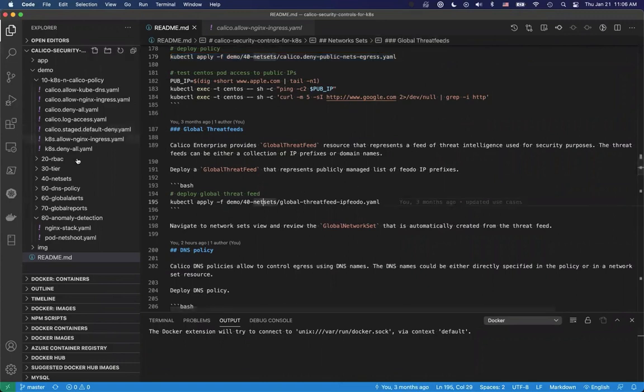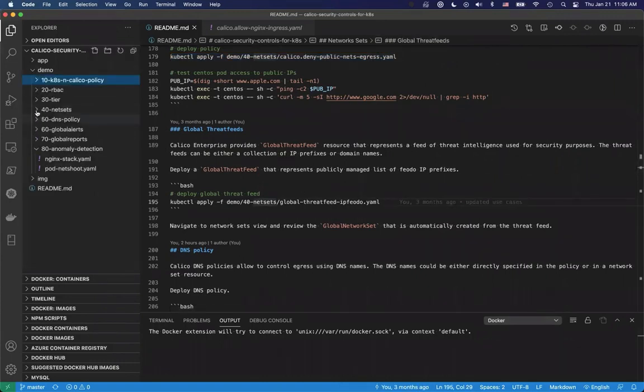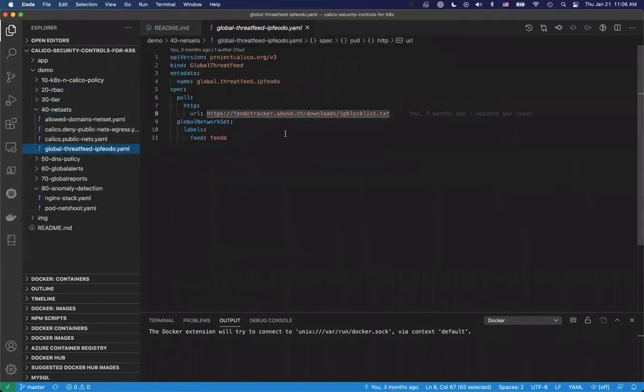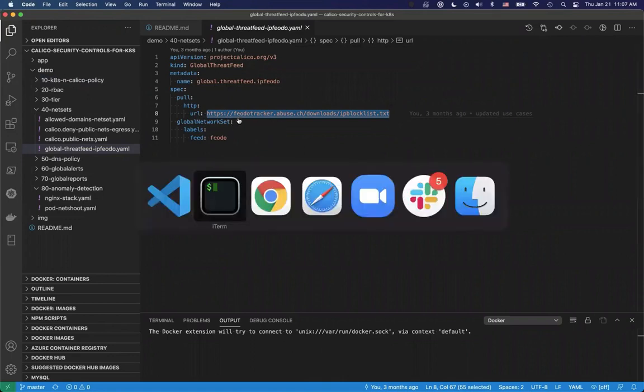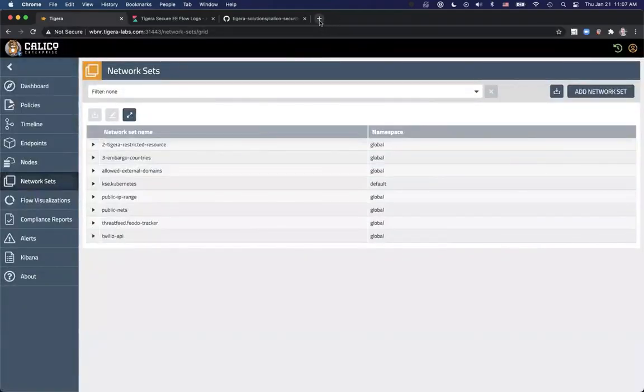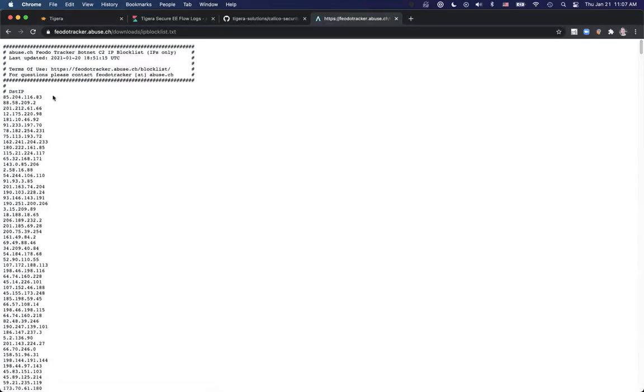So I have a global threat feed right here, and the way it's defined, you can manage a list of IPs or domain names somewhere outside and provide the access, like HTTP access to that, and you can either pull or push that list. So in this example, I'm using the publicly managed Feodo tracker, and if I go ahead and open this up and grab one of the IPs in this list,